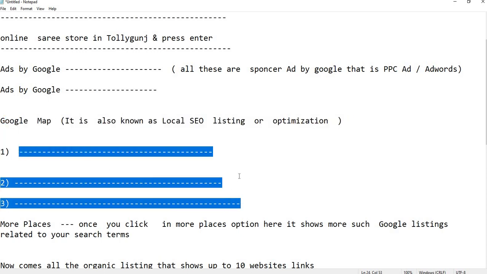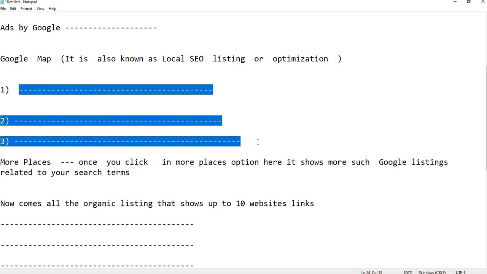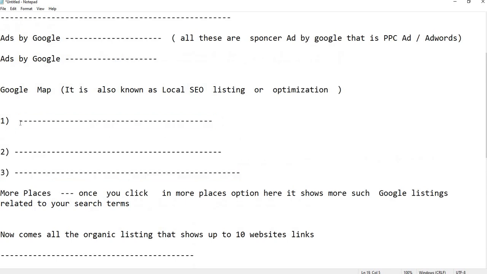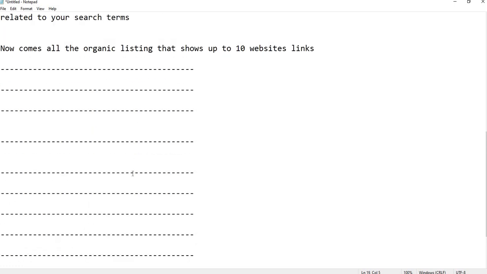It will only be viewable from that particular area or city. Say I am from Kolkata and I am targeting Taliganj; I can search which doctors are available in Taliganj. But if I search the same term from Mumbai, it will not show. That is the difference.